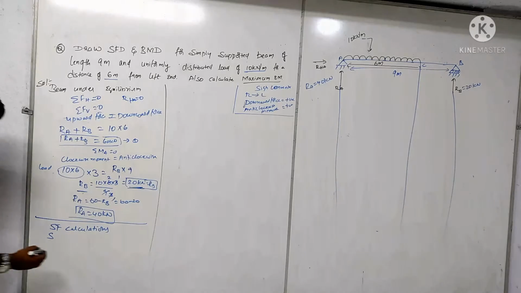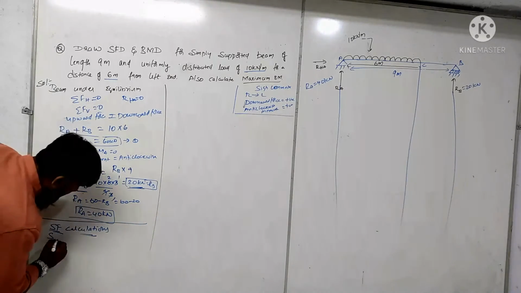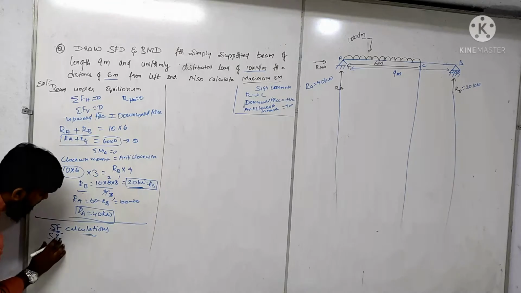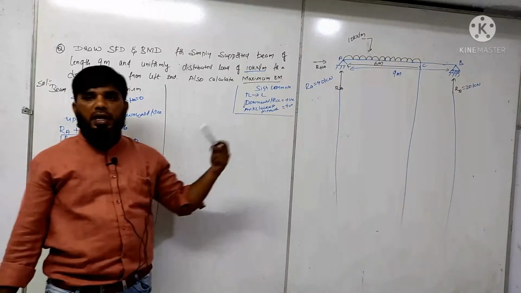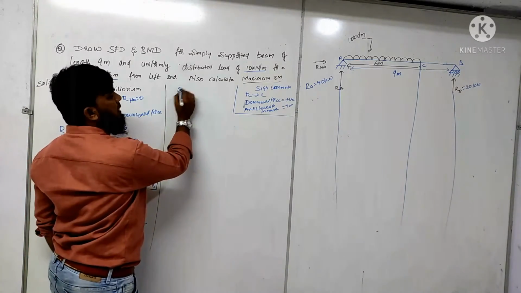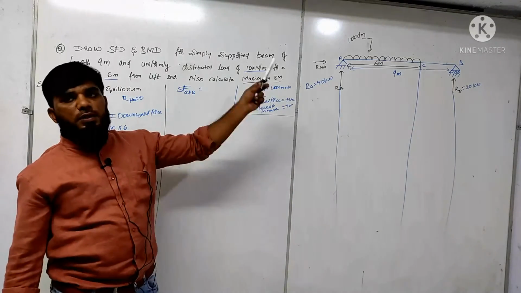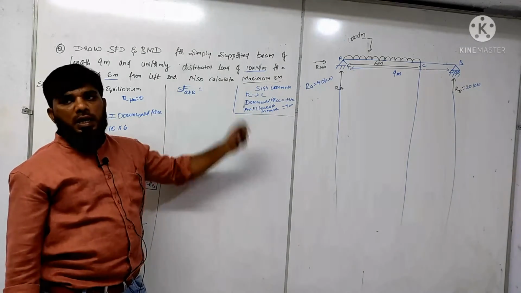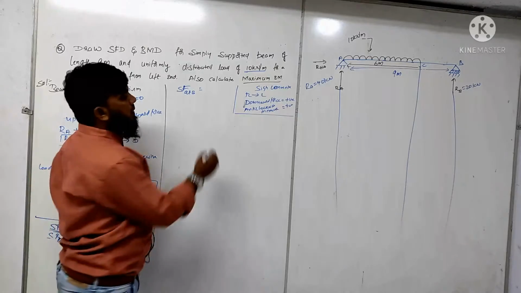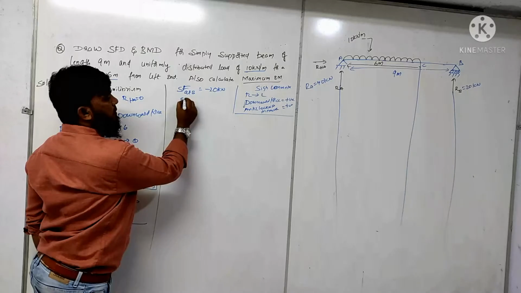Every time. So for shear force calculations, we have to start from the right corner. Shear force before point B is equal to 0 because there is no load acting before that point. Next is shear force at B. At B, the shear force is the upward force of B. This is downward positive, so upward is negative. What is the value of RB? 20. So minus 20.